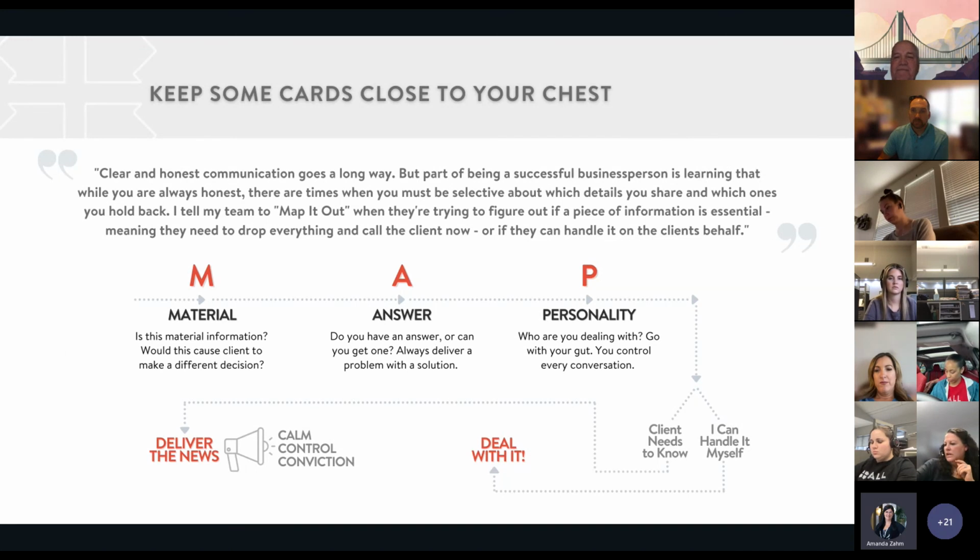All right, and then this is something that I took from the Ryan Serhant book, but I think that it goes well with all of this discussion about keeping some cards close to your chest. So you obviously always want to be open and honest with your client or the agent that you're working with, but there are sometimes things that you can just keep to yourself and deal with yourself to keep the deal together. So I think an example that Susan used while we were in this class, we had a contract together,